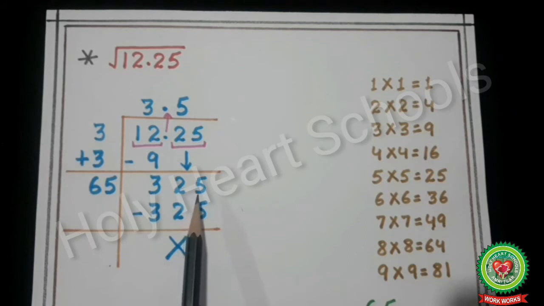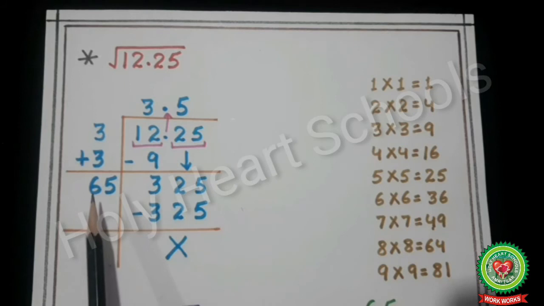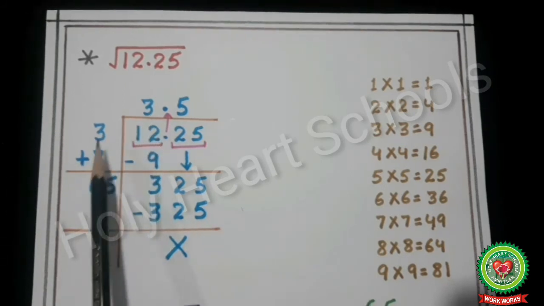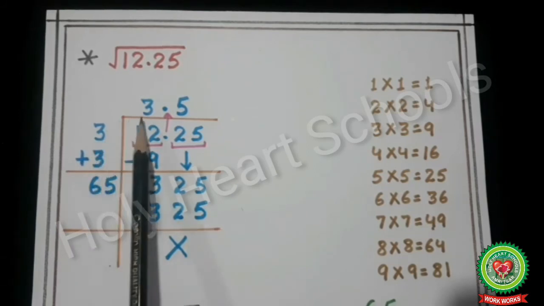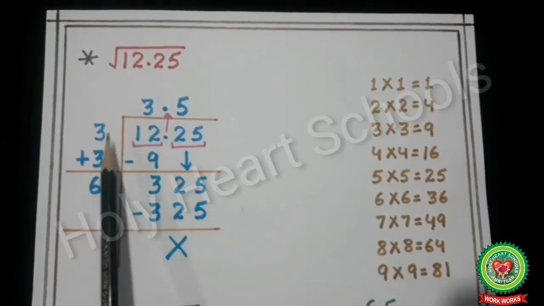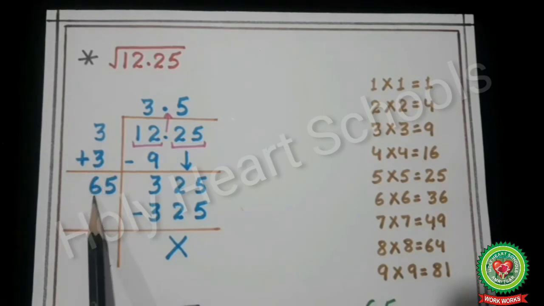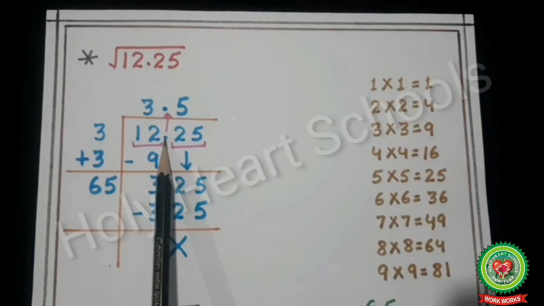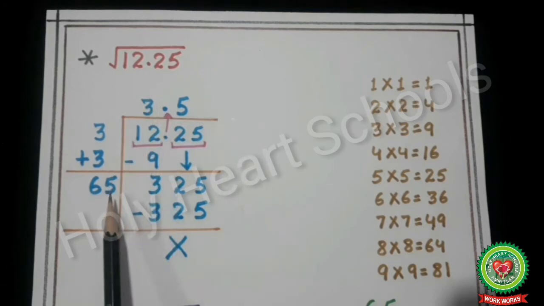Then the fifth step is to double the quotient. For this step, we have to add the last digit of the quotient to the divisor. Here our divisor is 3, and the digit in the quotient is 3. So 3 plus 3 comes out to be 6. Also, here our decimal part comes to an end, so we will shift the decimal above and write it with the quotient.